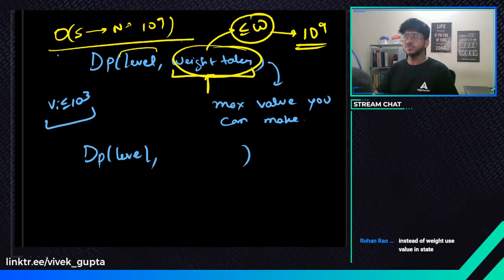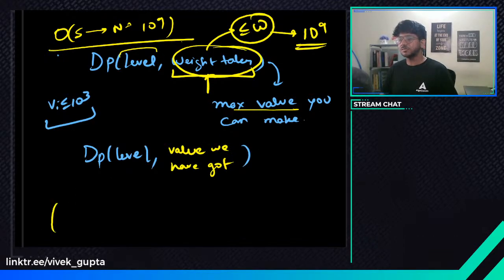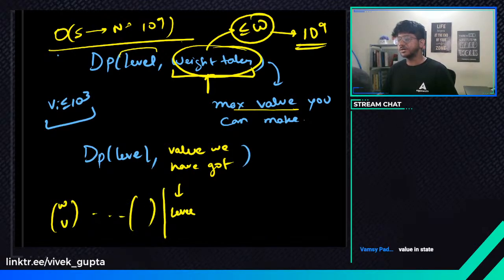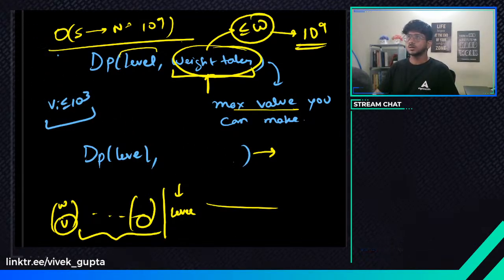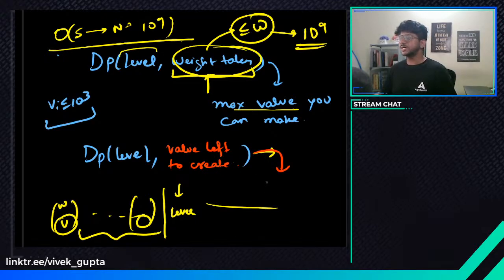Maybe what we can try and do is keep the value we have got till now, right? Remember the way it was, we were having some weight, and then you are dealing with this level right now. Till this much, how much value have you accumulated yet? And what you're going to return is, or how much value you want to get, maybe that is also feasible. How much value do you want to get? How much value is left to create? And what we're going to return in this case is the minimum weight